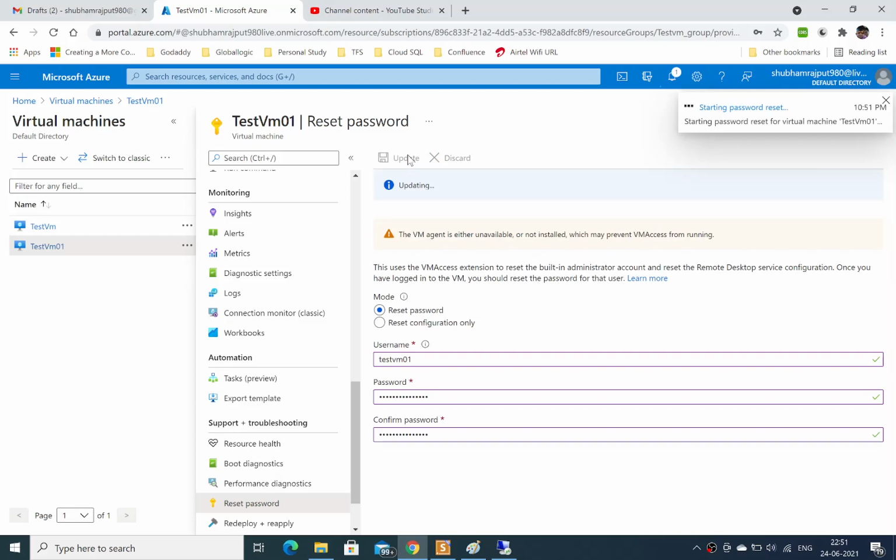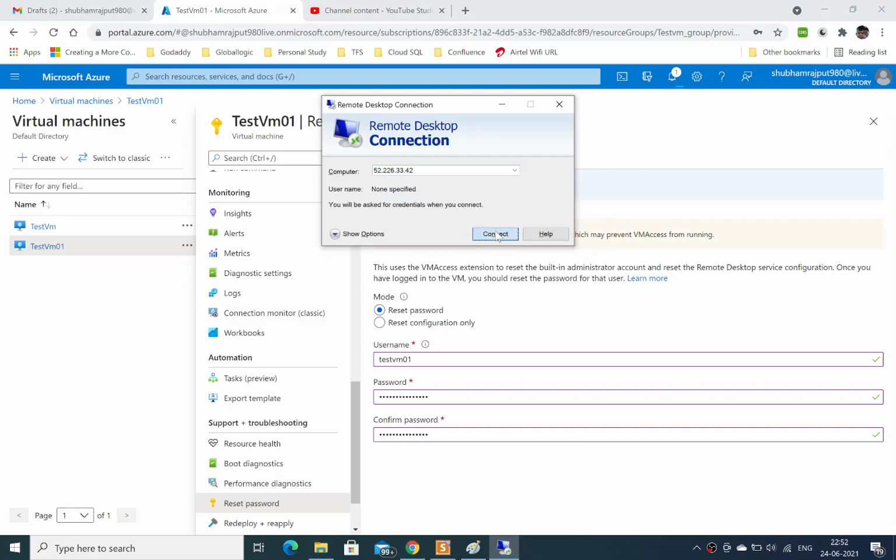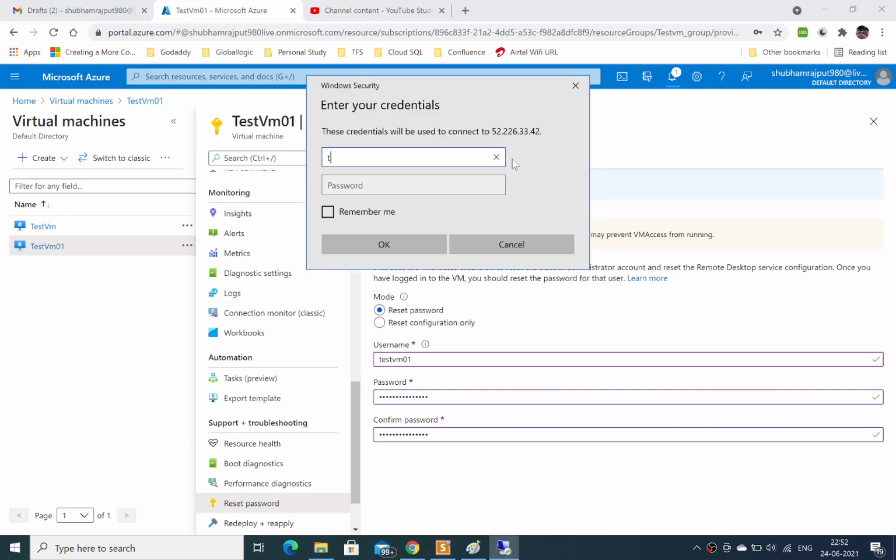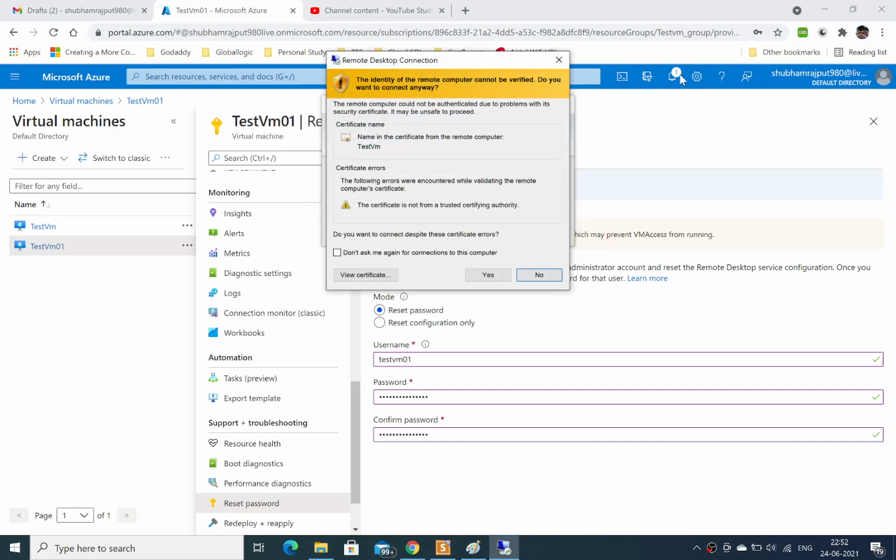It will take some time to deploy your password; resetting the password takes some time. After that the new password will be applicable to open it. If I check the new password right now with test VM, yes, it comes up now.